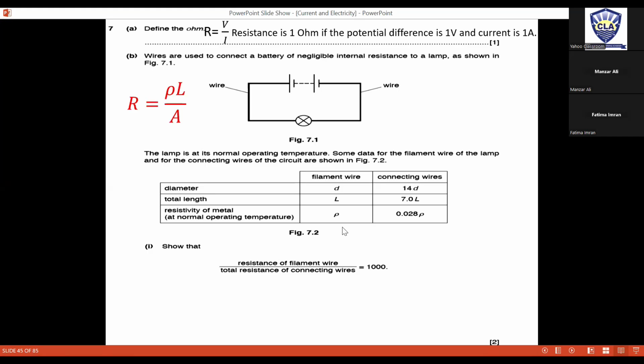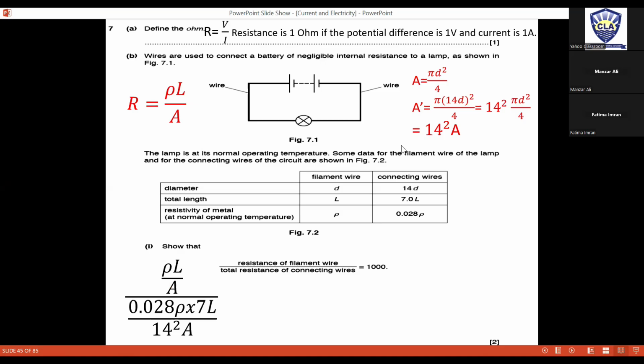So फिलामेंट के लिए तो हम स्ट्रेट वे rho L over A लगा लेंगे, मगर डायमीटर अगर 14 D है तो एरिया विल बी इक्वल टू 14 स्क्वायर इंटू A, बिकॉज जब आप πD स्क्वायर बाय 4 करेंगे, D की जगह 14 D आएगा, स्क्वायर करेंगे तो ये 14 स्क्वायर इंटू πD स्क्वायर बाय 4 आ जाएगा। इसका मतलब है कि वायर्स का डायमीटर 14 स्क्वायर टाइम इंक्रीज कर रहा है। रिप्लेस